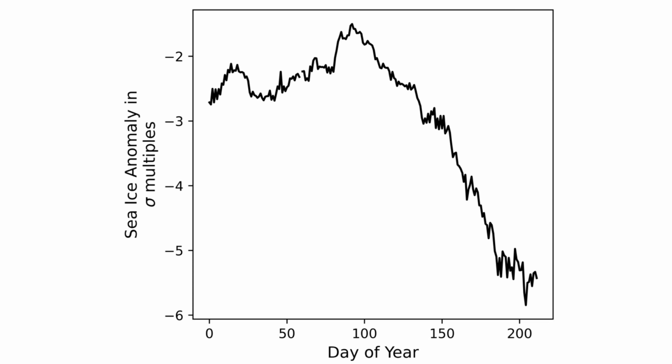Here is a graph of how that has evolved. So you can see that we started the year on the 0th day of the year, January 1st, and we were between 2 and 3 standard deviations from the mean at that time of year. And then the anomaly in this formulation got smaller. It actually went below 2 standard deviations from the mean, and then it just grew and grew and grew and became more and more significant until we got to July, where it was more than 5 standard deviations away from